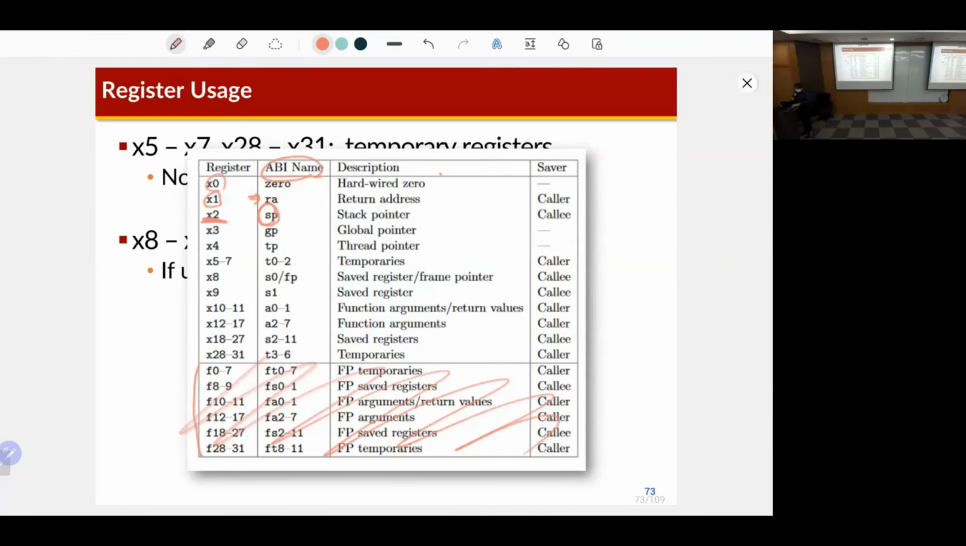Also you can find some other purposes of the registers. Here you can find the temporal registers and the saved registers like here. Also, you can find the saver. Then what does that mean? Saver means that if these registers are used, then a parent code or function needs to store these registers